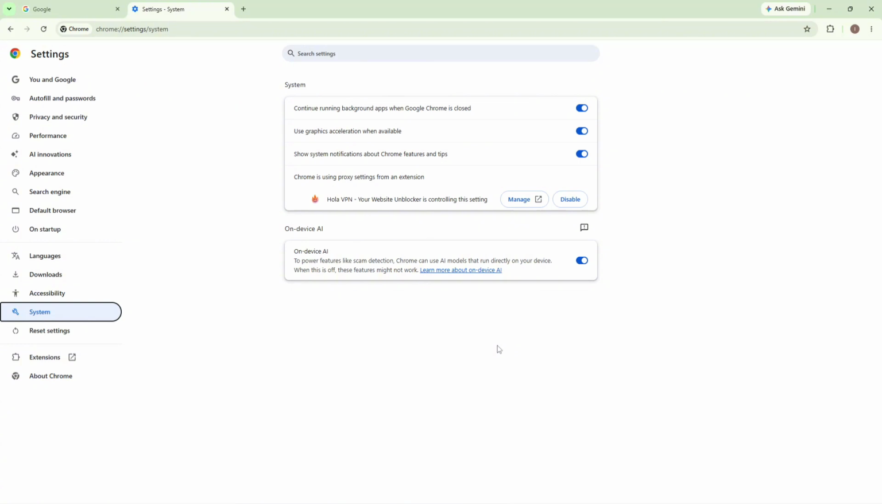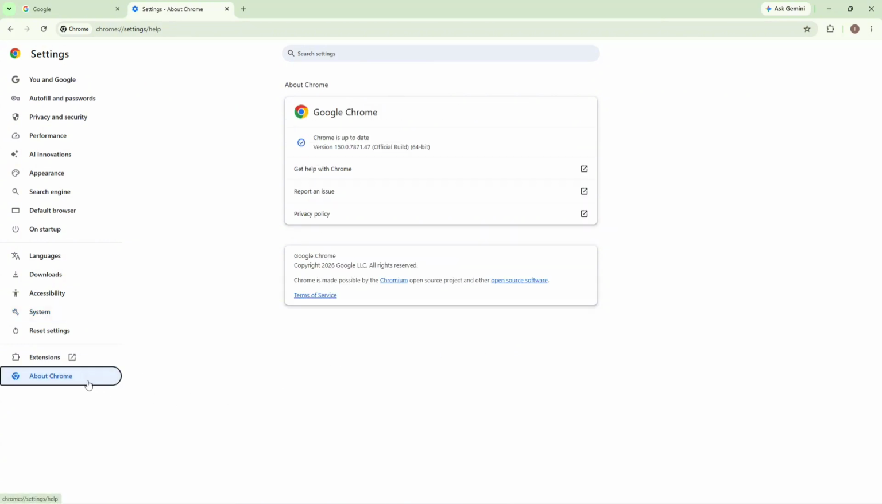Another thing you can do is to update Google Chrome. To do that, click on About Chrome on your settings, and that will take you here. In here, Google Chrome will then automatically start checking if there are any updates available for the Google Chrome app on your PC or laptop. And then the installation will start, and once it's installed, Google Chrome will ask you to relaunch the